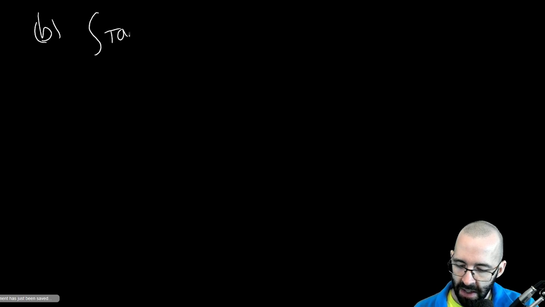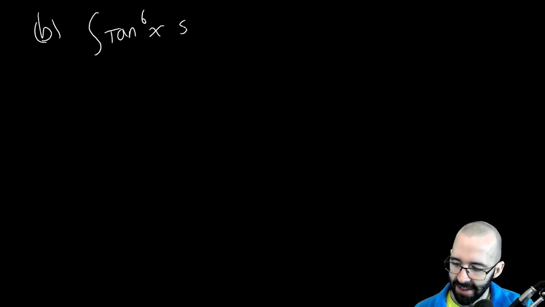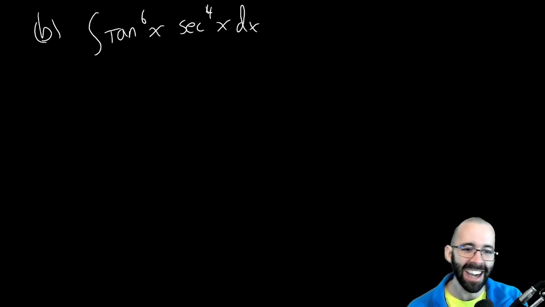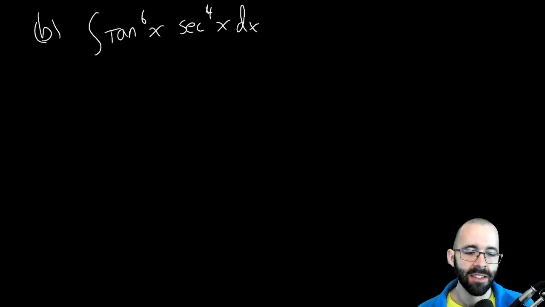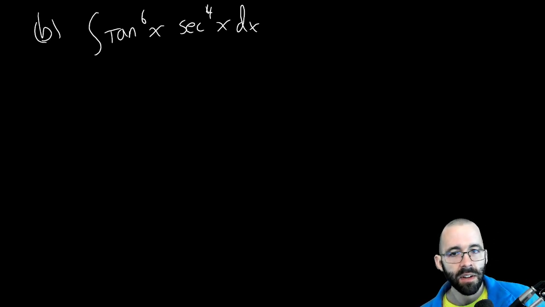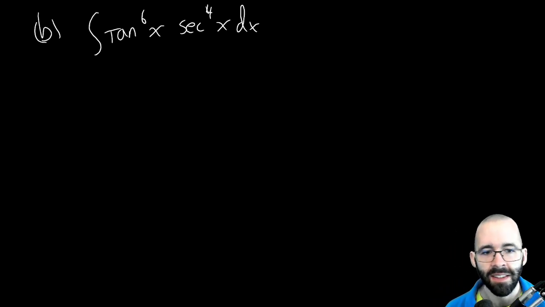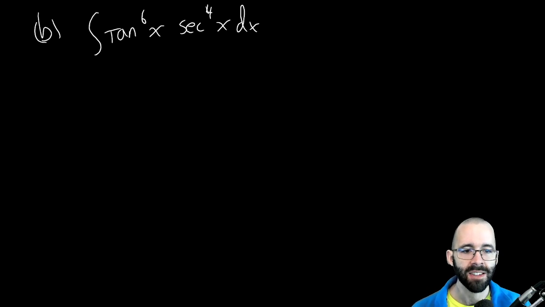So part B, integral of tangent to the 6th x. I really haven't done a lot of these integrals, I'm going to be honest, so it might be a wild ride. So let's look at this one. We are either looking for a secant tangent or we're looking for a secant squared. Now, again, we have both options. So take a moment to look at what would happen in both frameworks